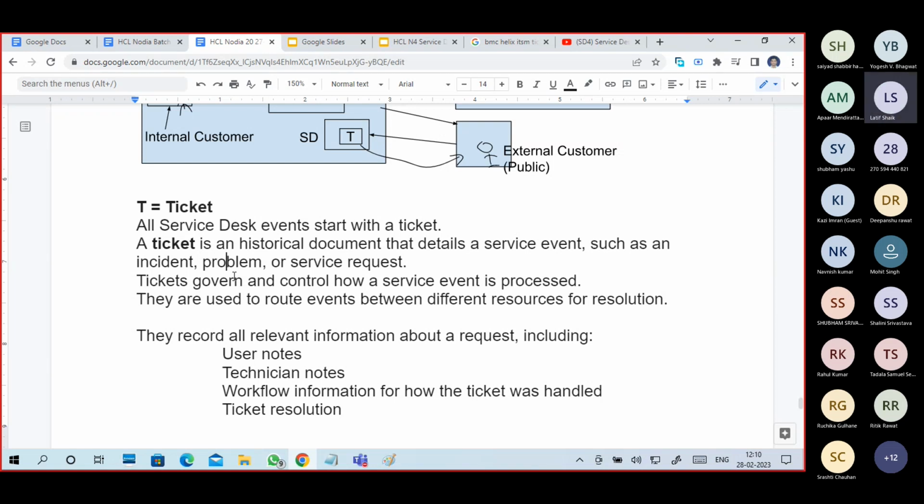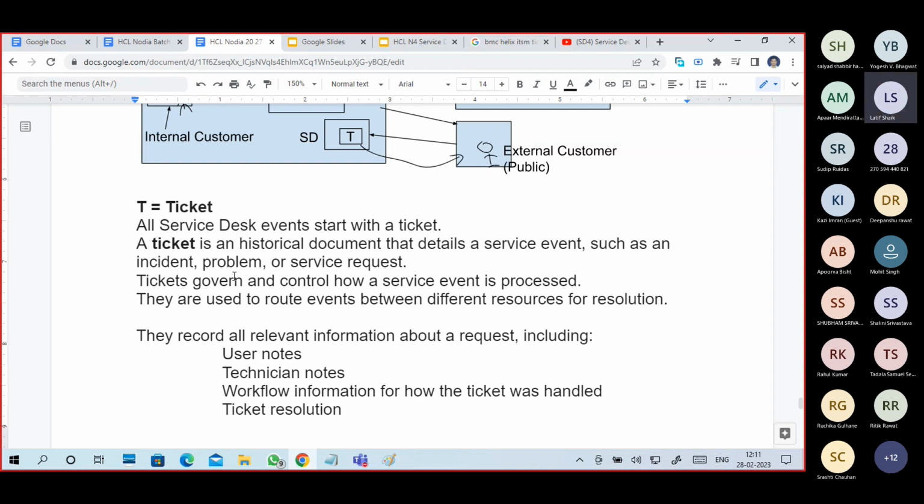Tickets govern and control how a service event is proceeded: how to proceed with this particular ticket issue.